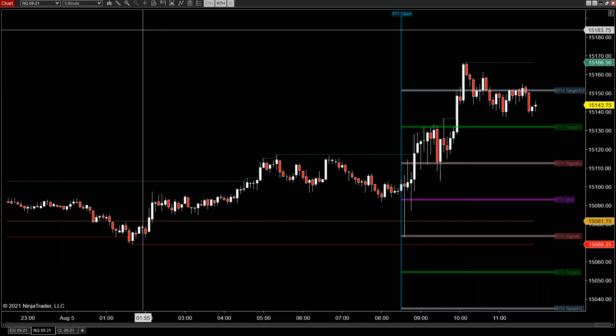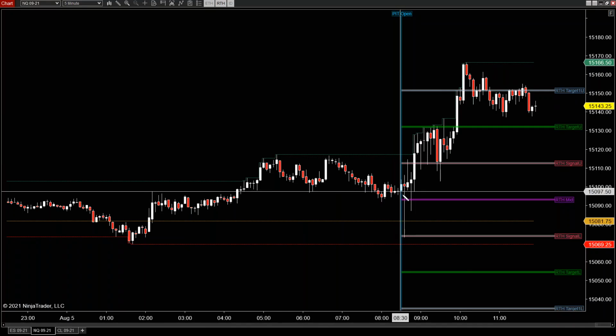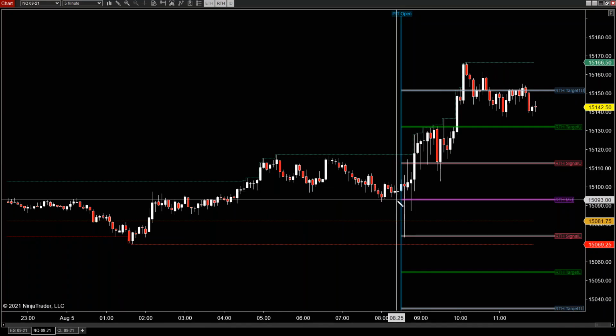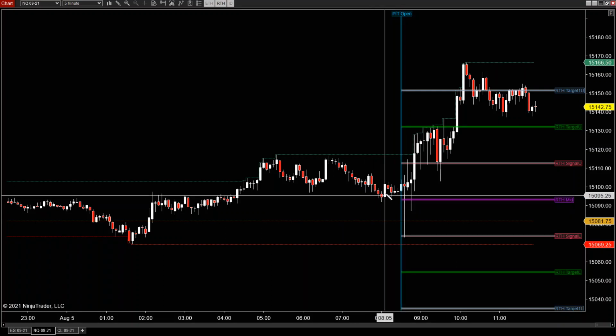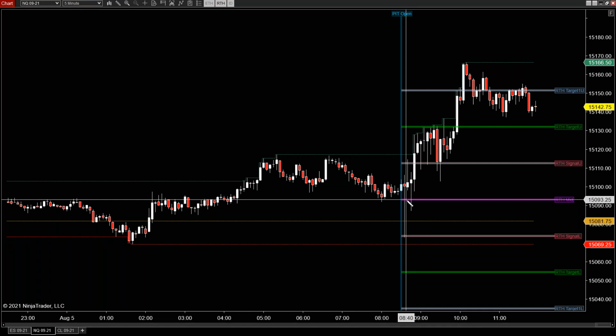So I'm going to show you some reward to risk ratio type ideas here, okay? I don't recommend what I'm going to show you doing all of the time, but for the sake of this discussion, I'm just going to show you an example. All right, so let's say you are trading a 1 lot here on the NQ. We'll just do that for ease of math. And the market opens up and you decided you were going to get long here at